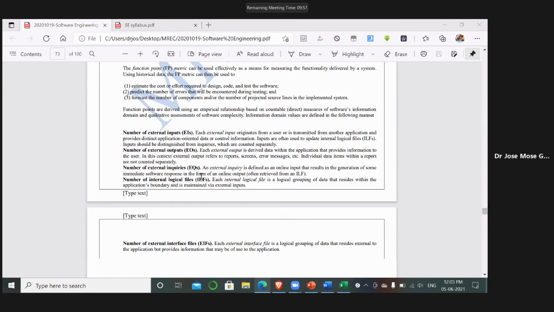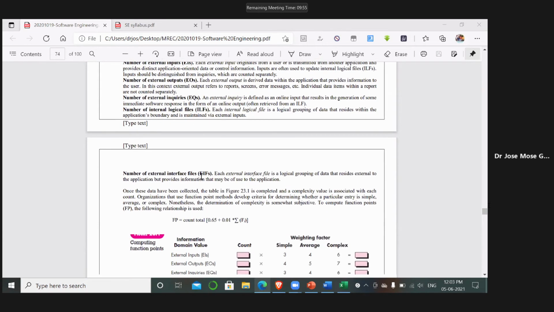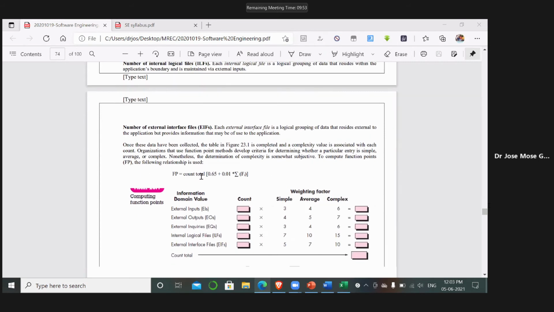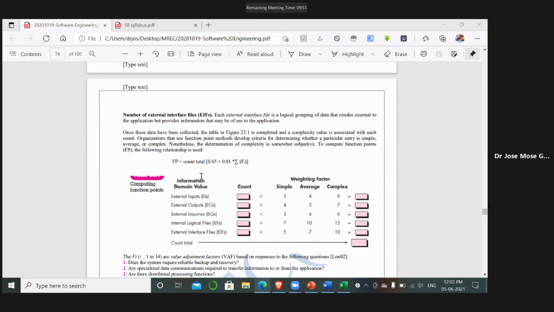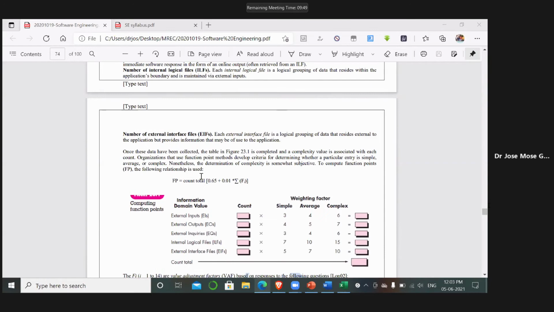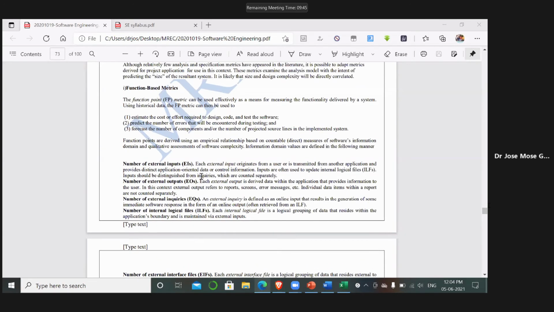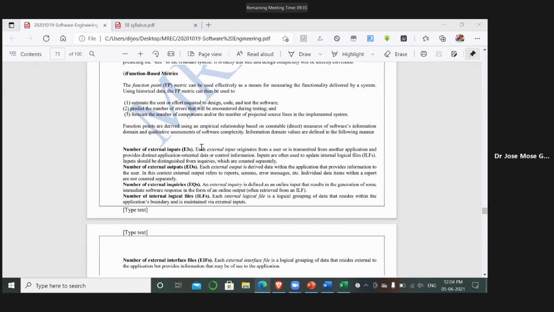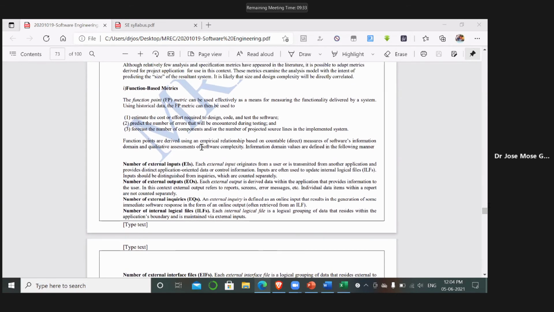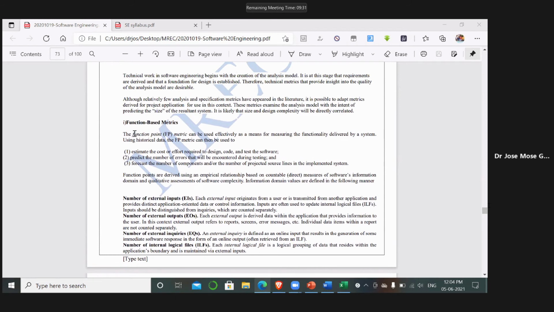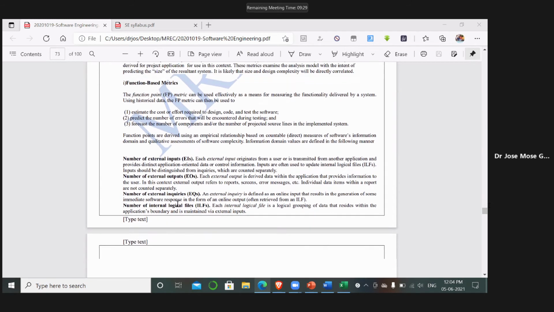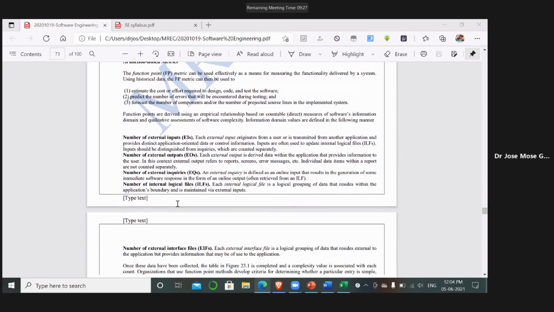Since there is no next class, we will try to complete this topic today, because we cannot divide it into two classes. So let us complete it today. Even if the class gets disconnected, I'll try to rejoin, but I think I can complete this topic in 9 minutes. So function point analysis,